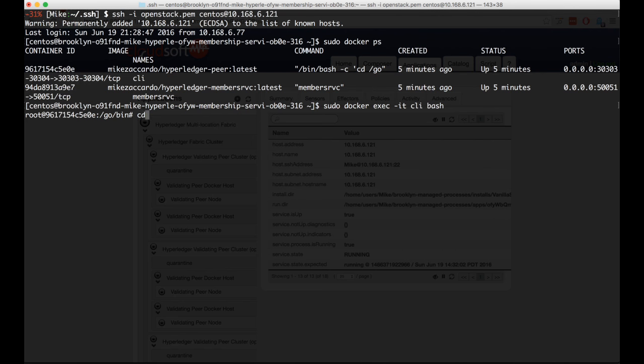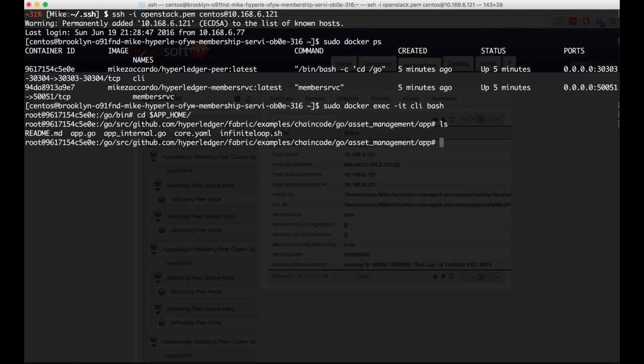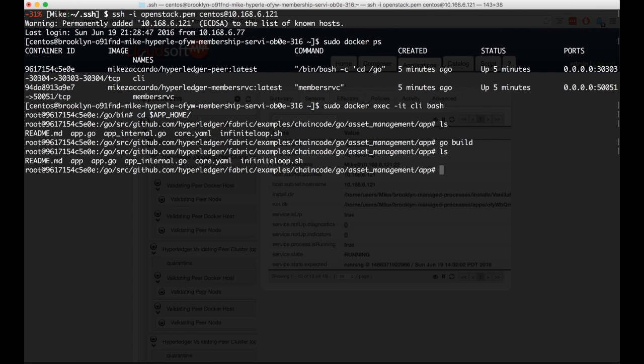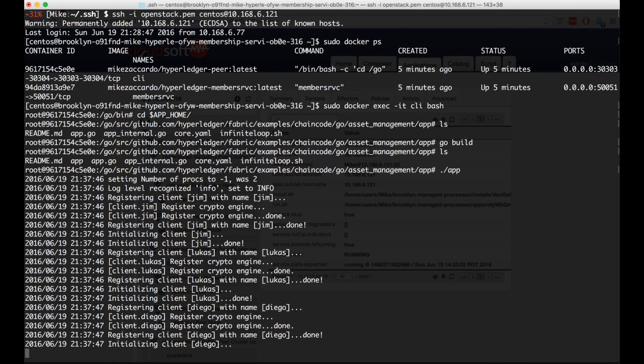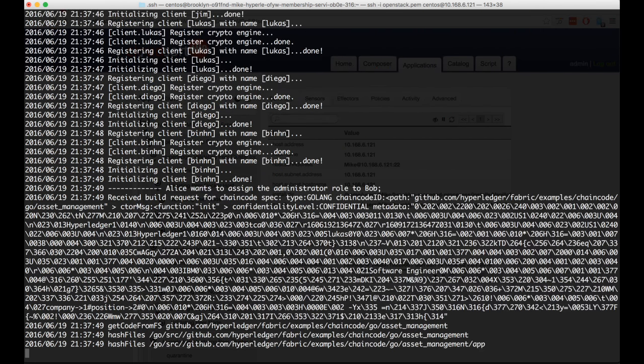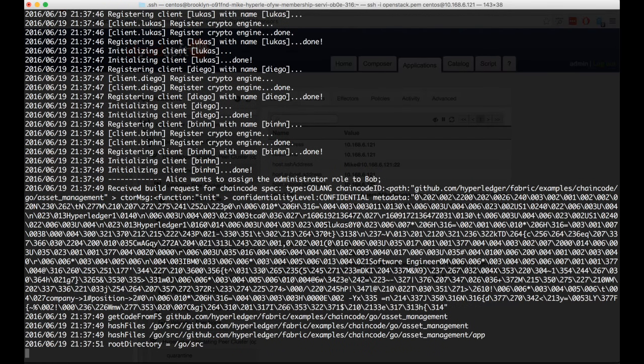Navigate to the example application directory stored in the APP_HOME environment variable. Issue the command go build, which will build the app.go file, the source code of our example chaincode application. Once this completes, execute the app using ./app. A number of demonstration authorized users are now logged in, and the chaincode is deployed to all of the